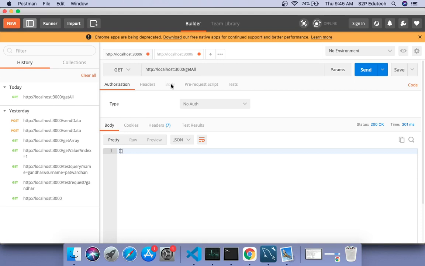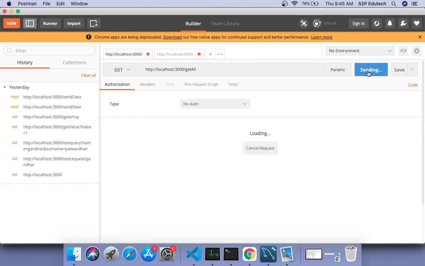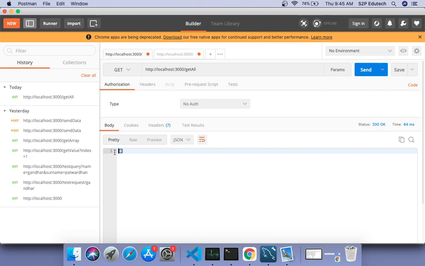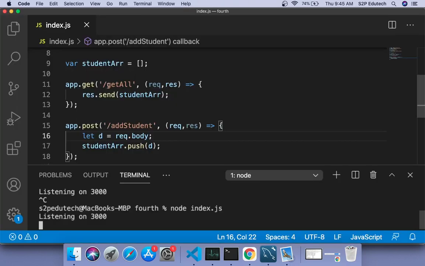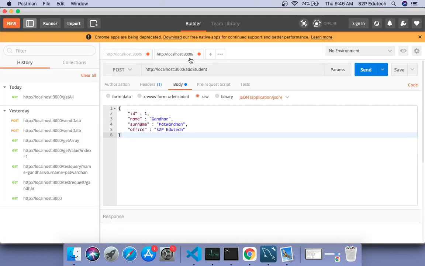Yes, in my get request, I would click get all. So in get all, I got the blank array. Why did I get the blank array? Because my array is blank and we have never executed this push, right? So to execute this push, I would be sending this data. So I click on send,